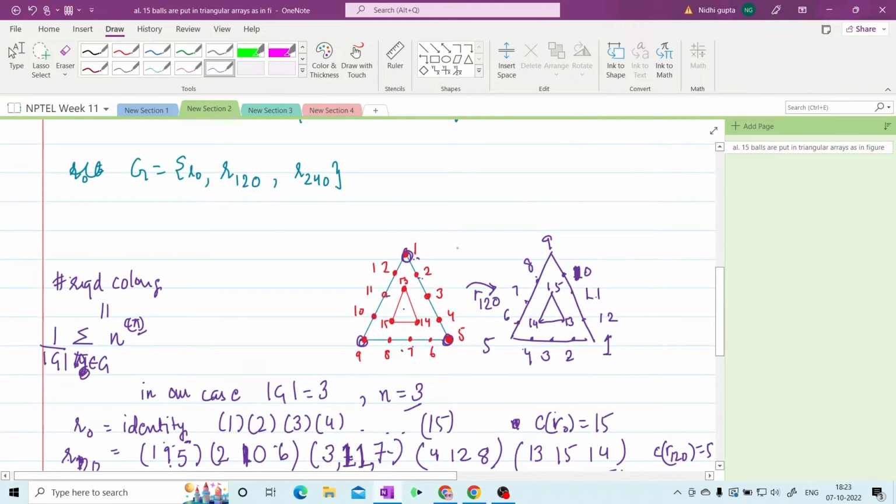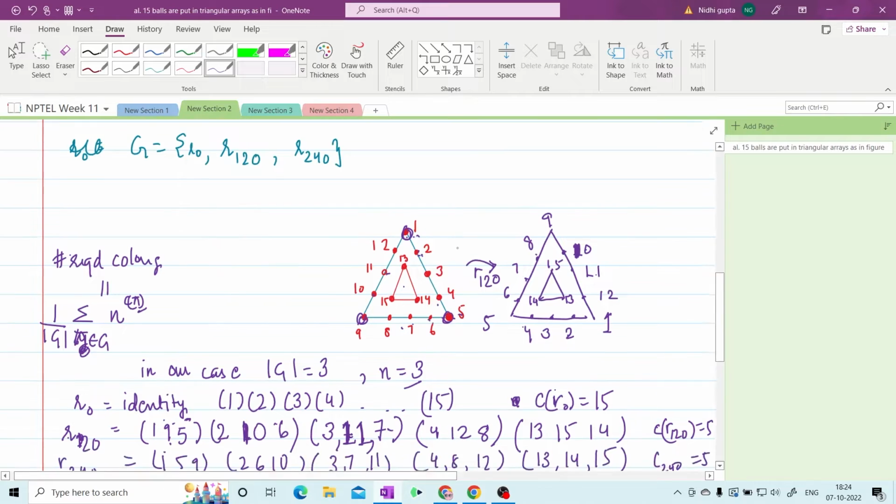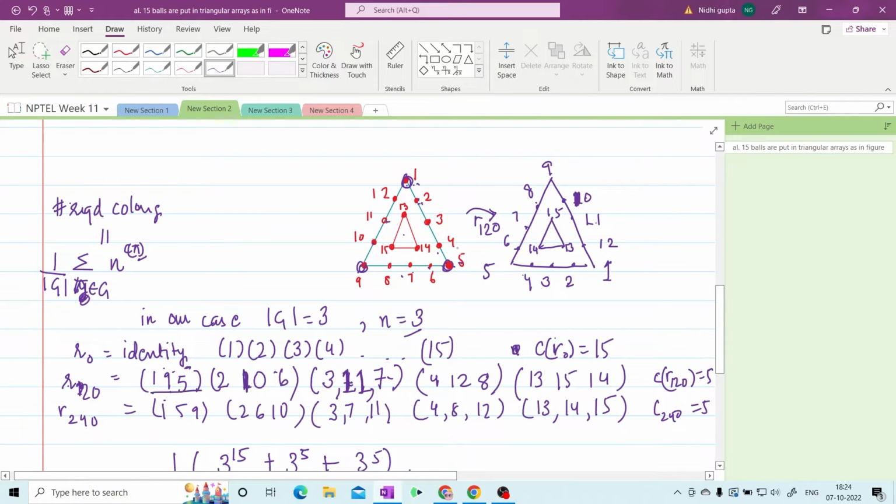some coloring which is fixed by R 120, so what is R 120 doing? R 120 is sending the first ball to the fifth ball, the fifth ball to the ninth ball, and the ninth ball to the first ball. And similarly, it is sending the second ball to the fourth ball, the fourth ball to the sixth ball, and the sixth ball to the 10th ball. So we see that these are the 5 partitions of R 120,